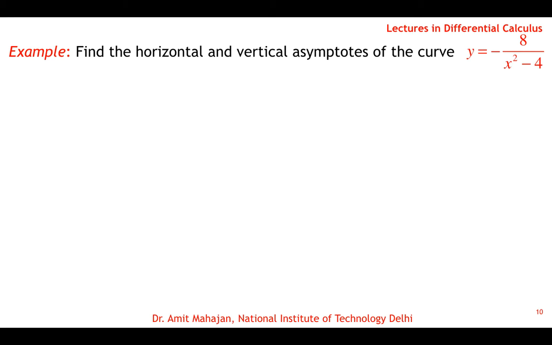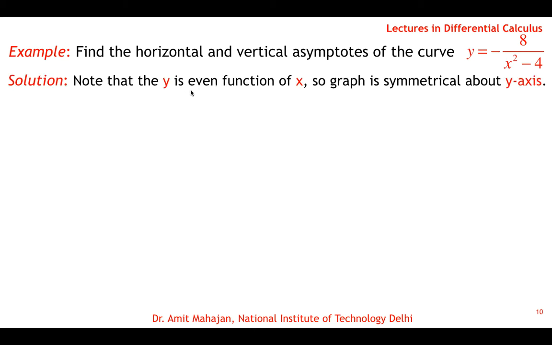Okay, now I take one more example here. Say find the horizontal and vertical asymptotes of the curve y is equal to minus 8 over x square minus 4. Okay, so here in this case you can see that the function is an even function, symmetric about the y-axis. Okay, so whatever happens in the positive x direction, the same things will happen in the negative x direction. Okay, so this is our first note, that y is an even function of x, that is, the graph is symmetric